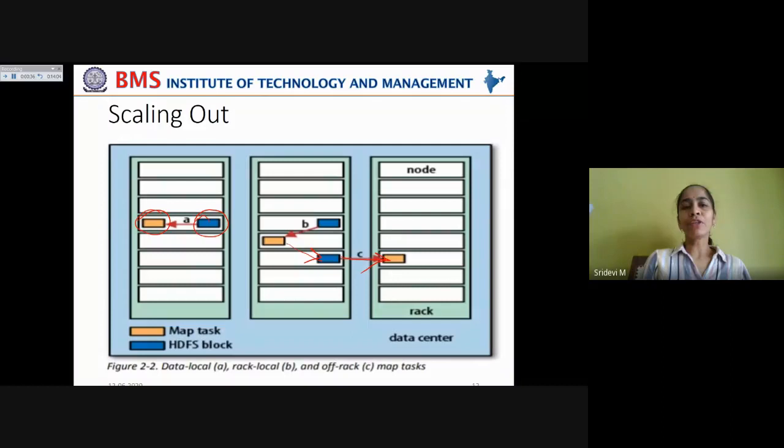So this is an extreme condition. Always the first slot itself will be free with the initial node. If not, then another node on the same rack. If not, then another node on a different rack will be accessed in order to execute that particular map task.